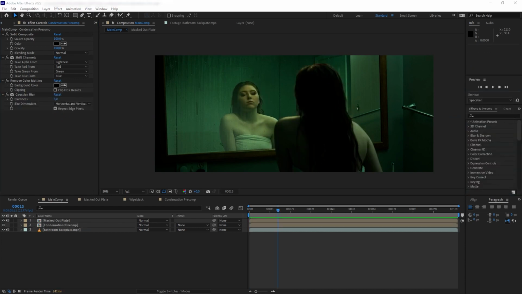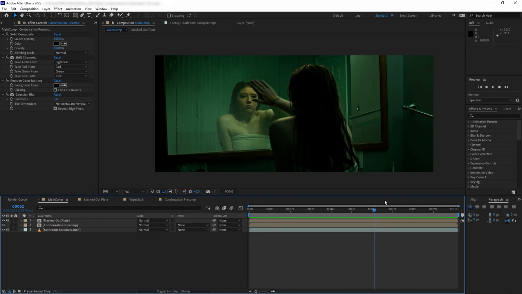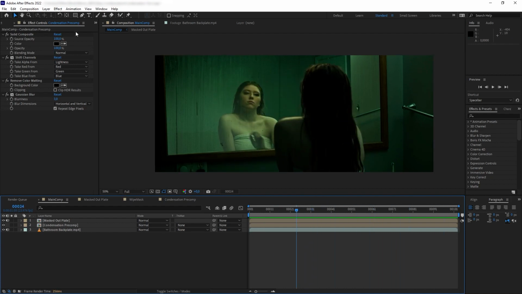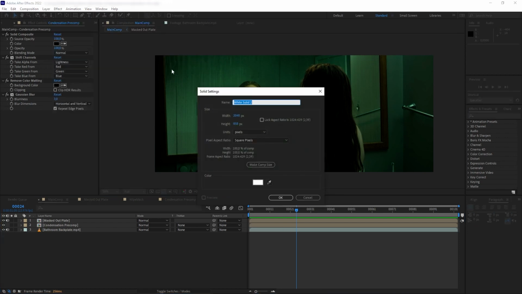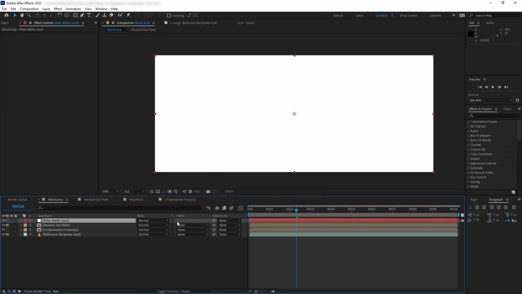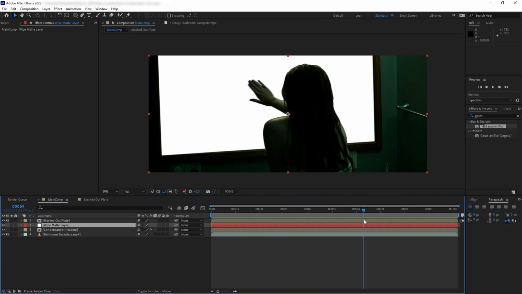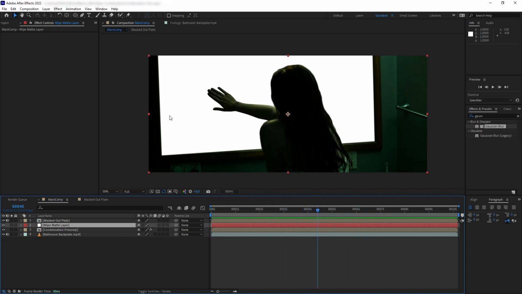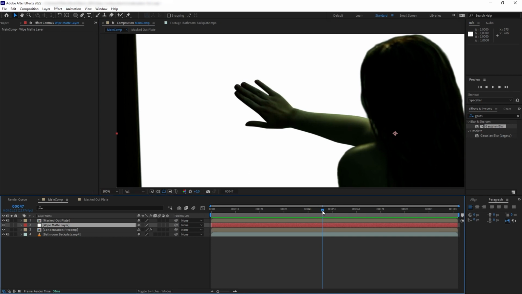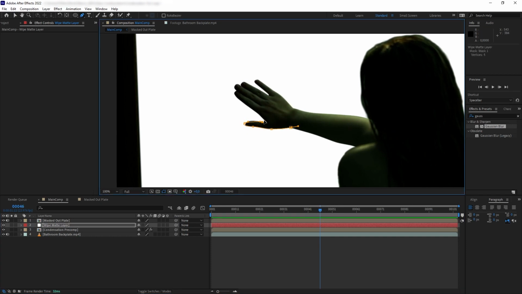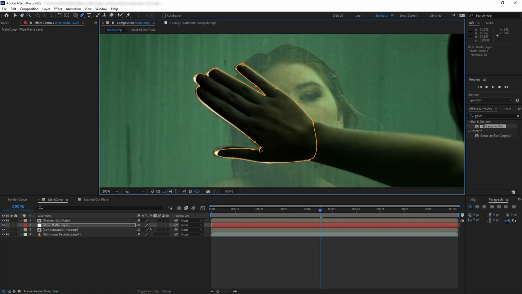Great! Next, we are going to create the wiping effect, and this is going to be very simple. We are just going to use a mask. So let's create a solid and name it wipe matte layer. And we are going to put it below the mask but still on top of the condensation pre-comp. And then we are going to grab the pen tool and we are first going to create a shape of the hand as it touches the mirror.